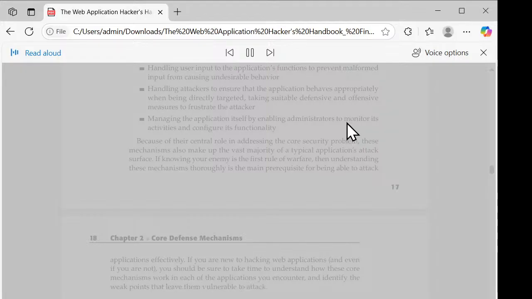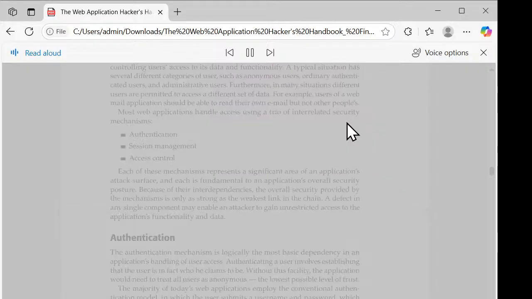Handling user access. A central security requirement that virtually any application needs to meet is controlling users' access to its data and functionality. A typical situation has several different categories of user, such as anonymous users, ordinary authenticated users, and administrative users. Furthermore, in many situations different users are permitted to access a different set of data. For example, users of a web mail application should be able to read their own email, but not other people's.